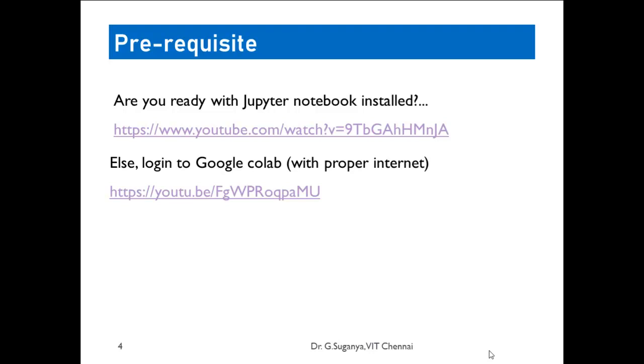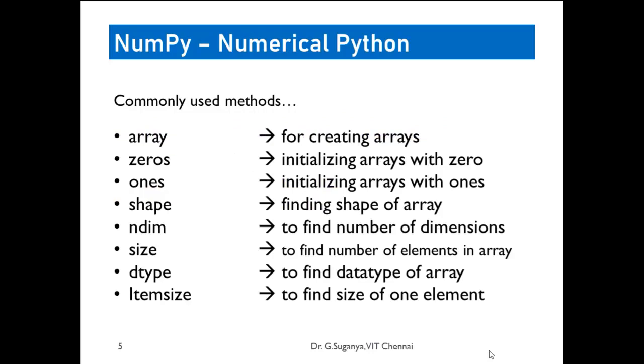Because that's a cooperative laboratory environment which you may use, I may use, and so many people are using. But the advantage of Google Colab is that you don't need a sophisticated processor. Rather, you only need a convenient internet connection which can support the speed of operations. That's it. Once this is ready, you can move on to executing these numerical Python methods and operations.